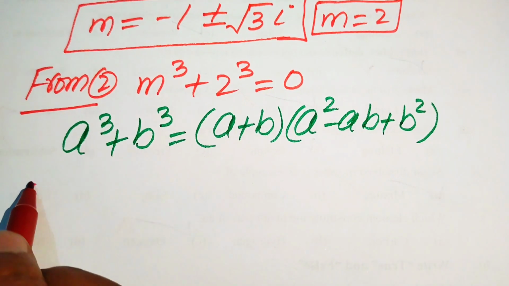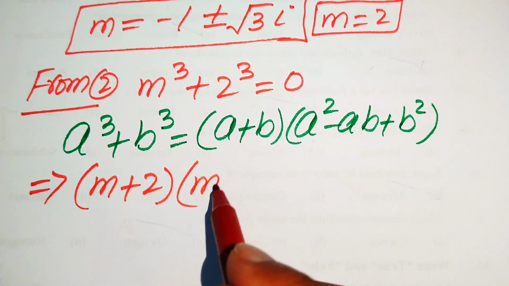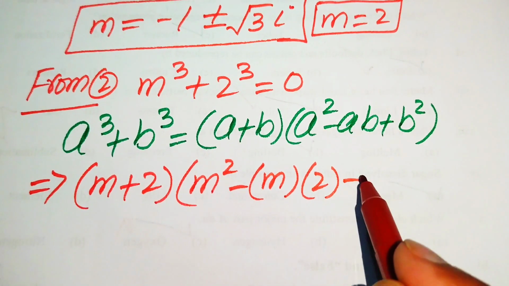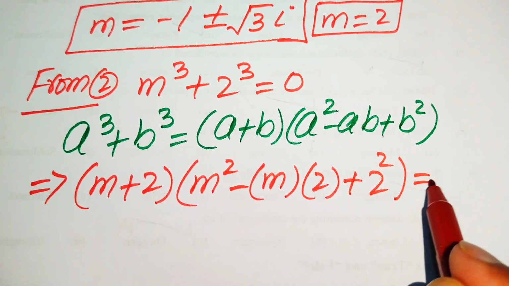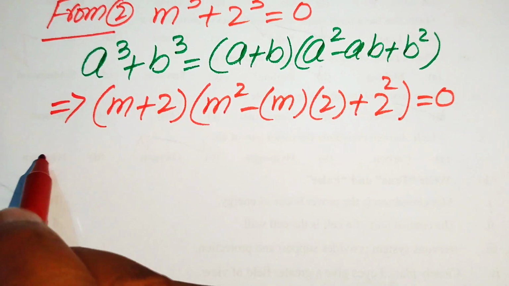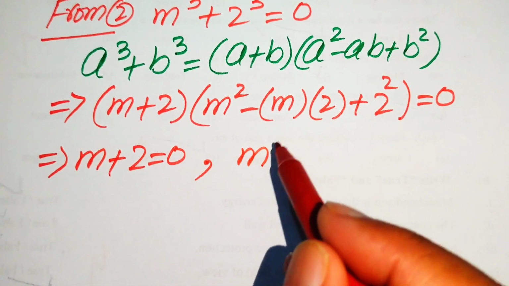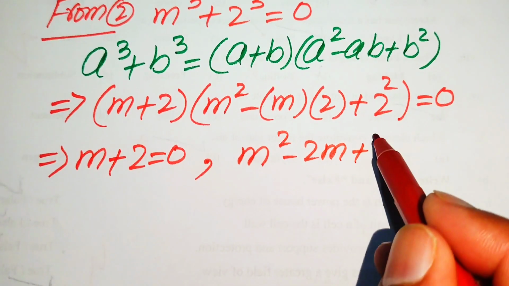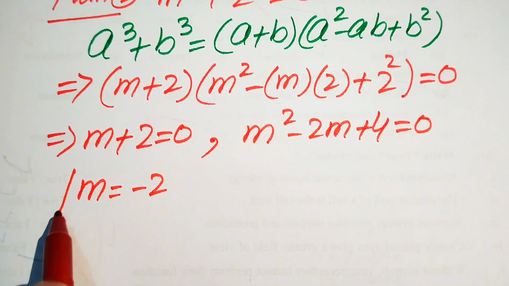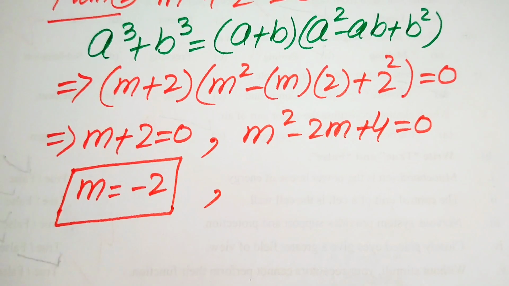So after applying this formula, our above equation is written as m plus 2 times m squared minus ab plus b squared, where a is m and b is 2. So b squared is 2 squared, and this whole equation equals 0. So here again we convert this into two cases. Our first case is we take m plus 2 equals 0, and the second case is we take m squared minus 2m plus 4 equals 0. So from here we easily get the value of m equals minus 2, and from here we need to